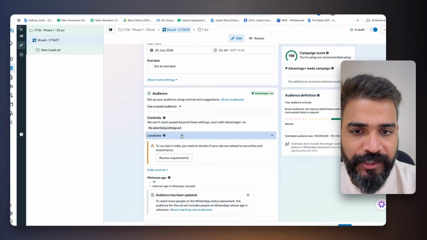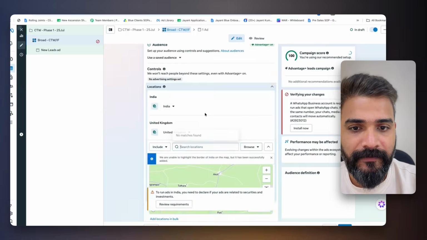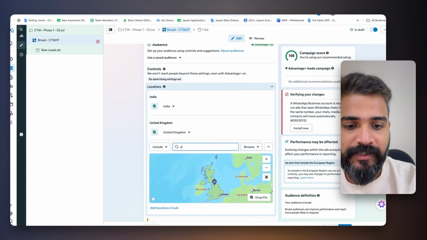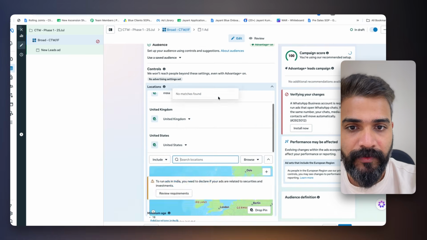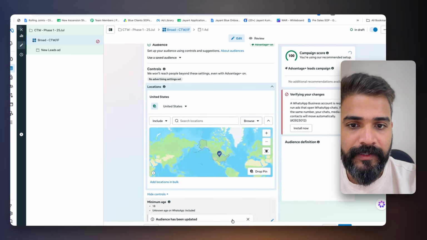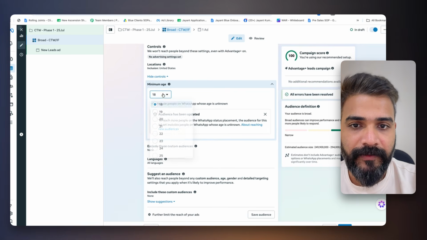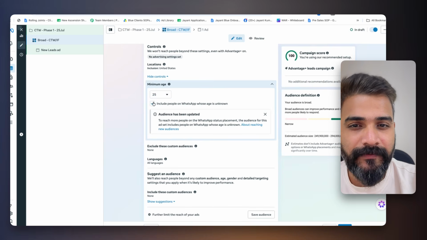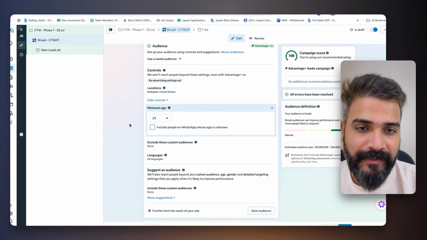Now in the audience section, instead of India, target the United States, or United Kingdom, whatever you want. Let's do the United States, because that's who we want to begin with. The minimum age that I recommend for this one is above 25. Below that, people can pay you, but it's not the best age range.